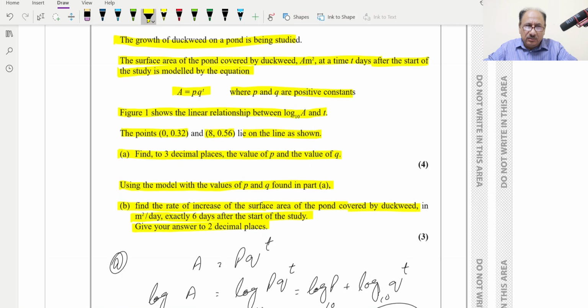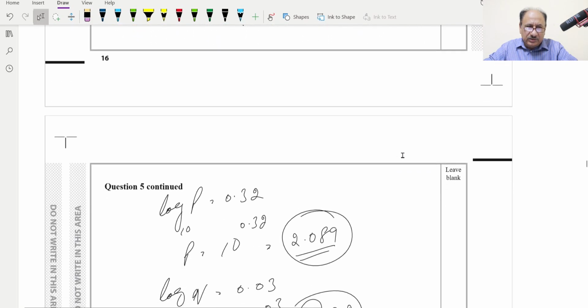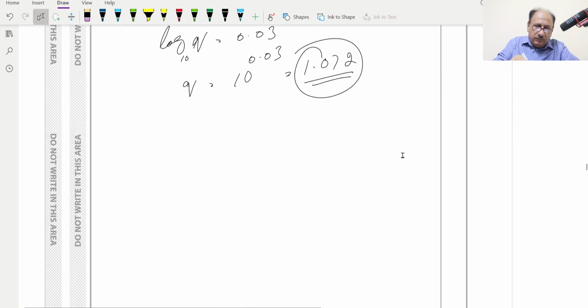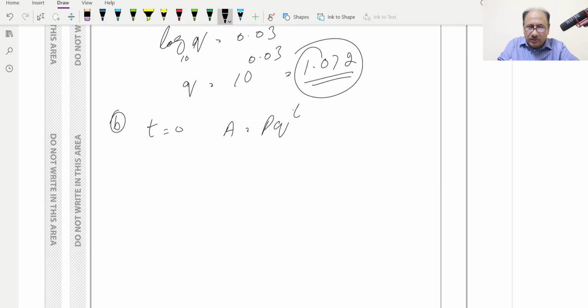So when time is equal to 0, the formula is A equal to PQ raised to the power T, and A will be equal to 0.032, and when T is equal to 6, A will be equal to